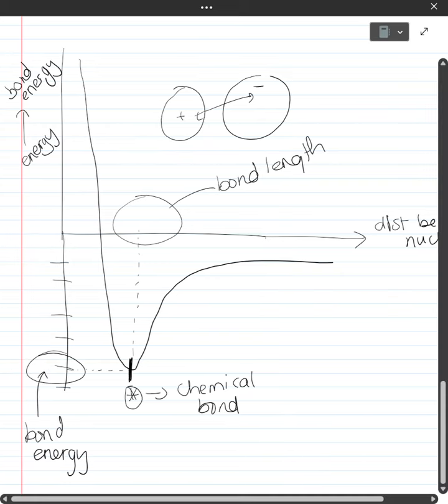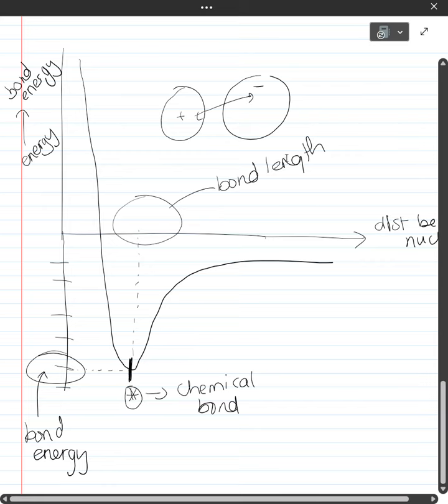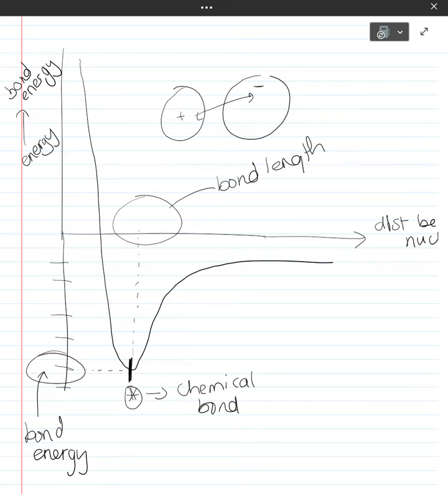Alternatively, they could actually ask you what is the bond length, like where is it located, and you need to be able to tell them. So those are two of the important things we can get asked from this graph. The other part of this work is mostly theory based, so we're just going to briefly go